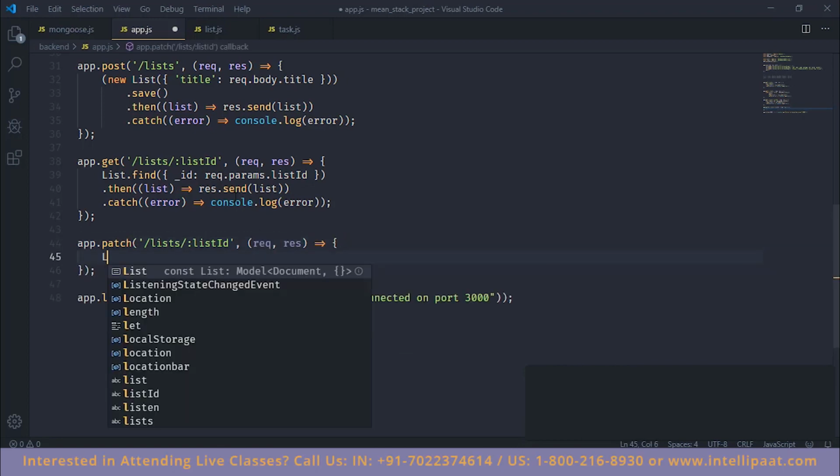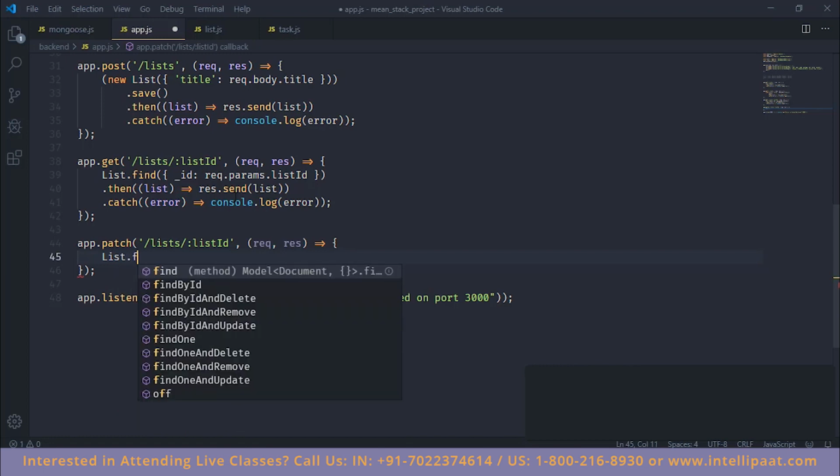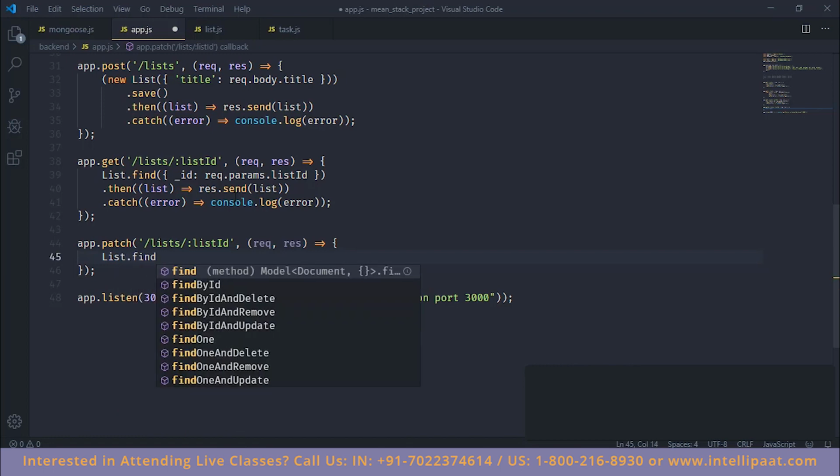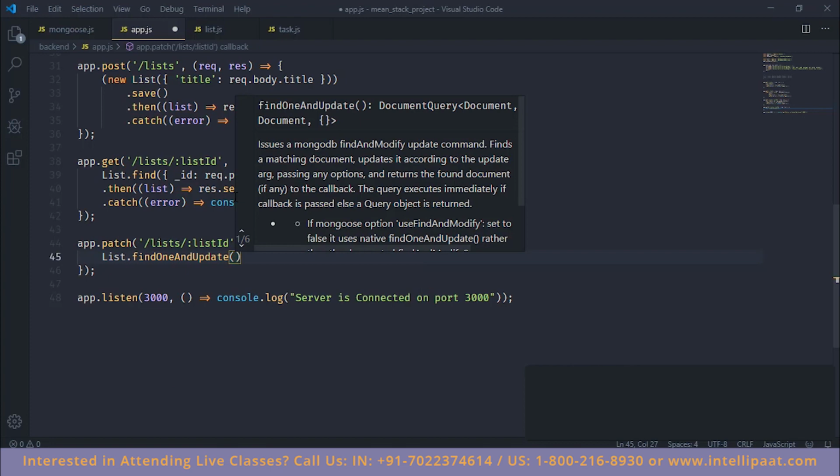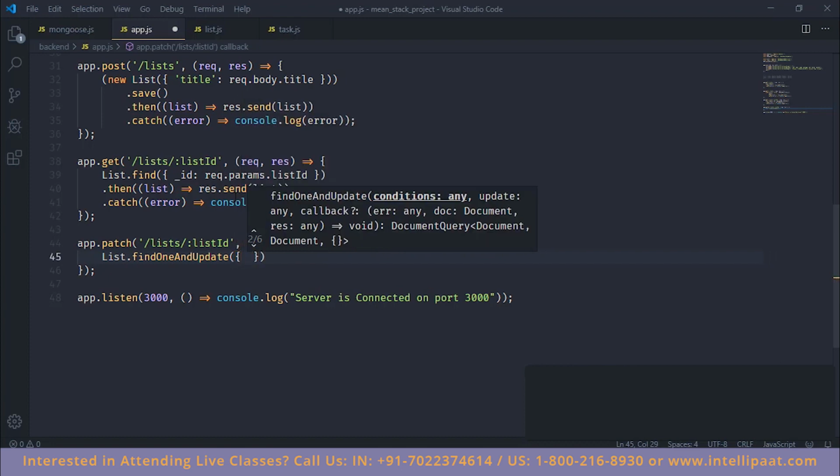Now what we need to do is get list.findOneAndUpdate, and it will take 2 arguments. So the first thing would be, as we saw in the update query that we made in our MongoDB shell demo, here we'll pass the ID. So _id would be equal to